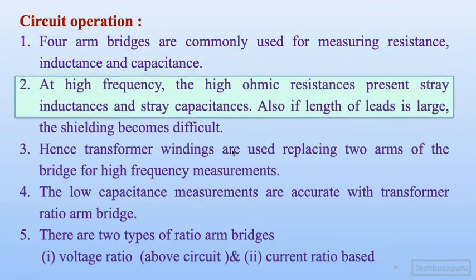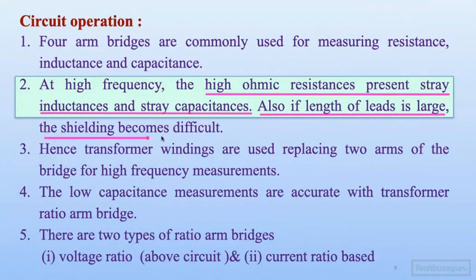But at high frequency, high ohmic resistance presents stray inductance and capacitance. As I told you, if at high frequency you use variable resistance in your bridge, because variable resistance costs less, but when we use it for high frequency it presents some amount of stray inductance and stray capacitance. Also, the length of the leads, if it is large,